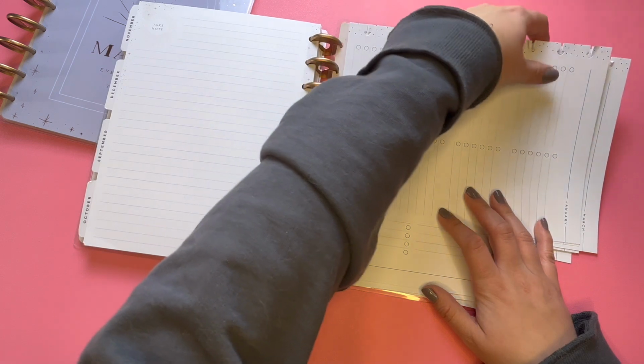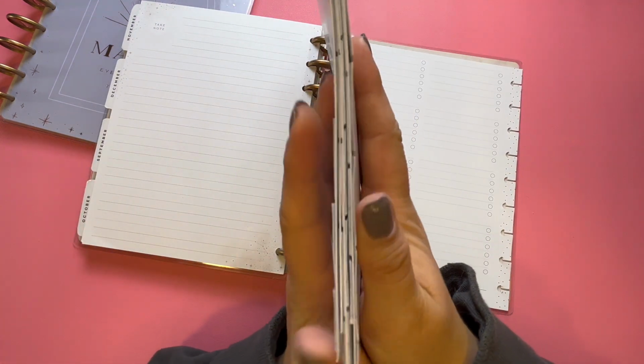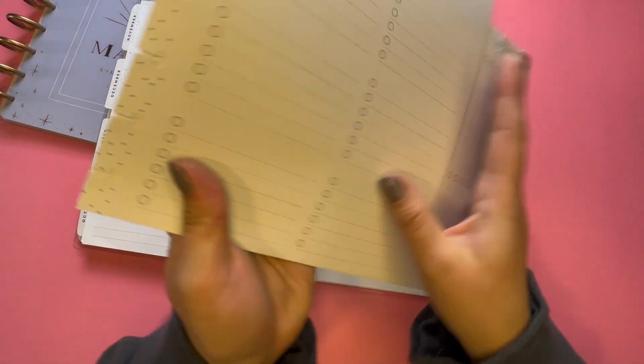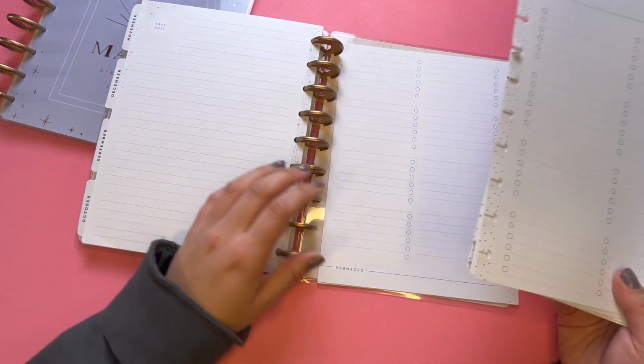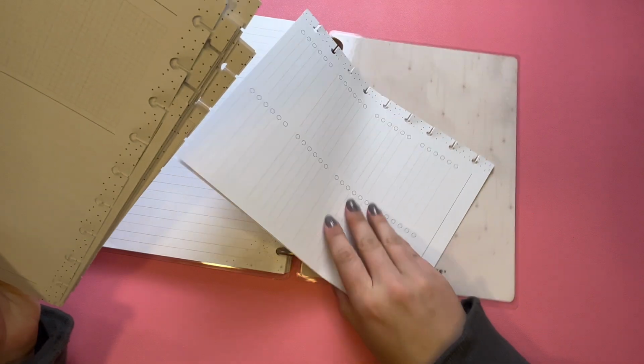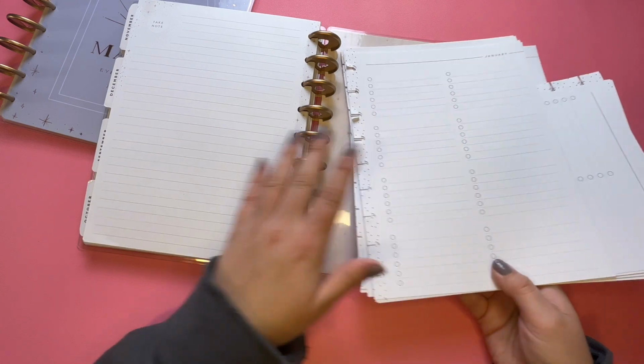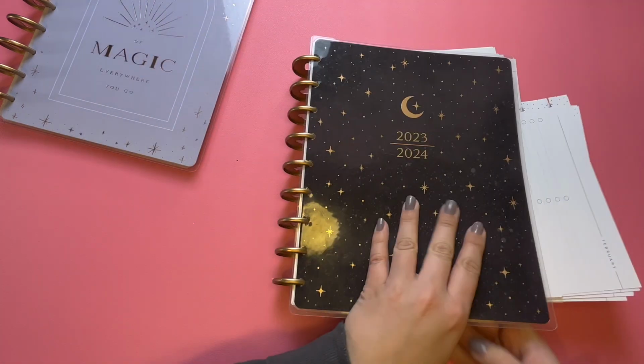So should I have them on a separate planner? Honestly, is this enough pages to be their own separate thing? You know what? I think I am. Oh, where did these come from? Okay. December. Okay. Whew. I think I am going to add these to this functional planner,